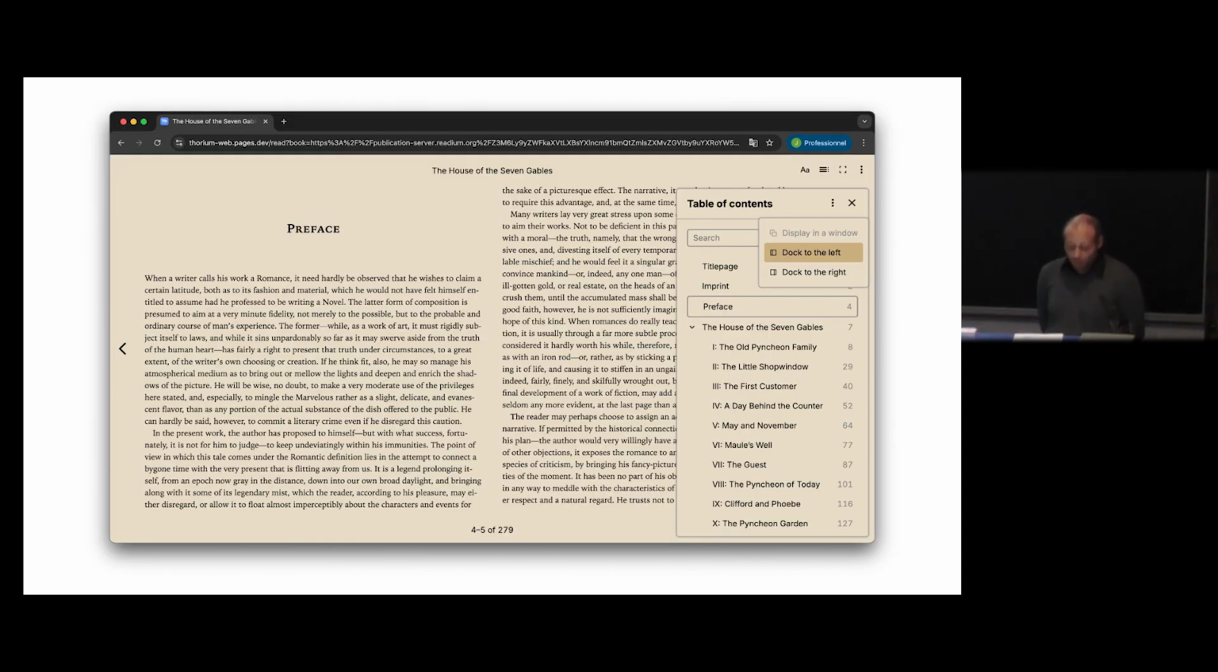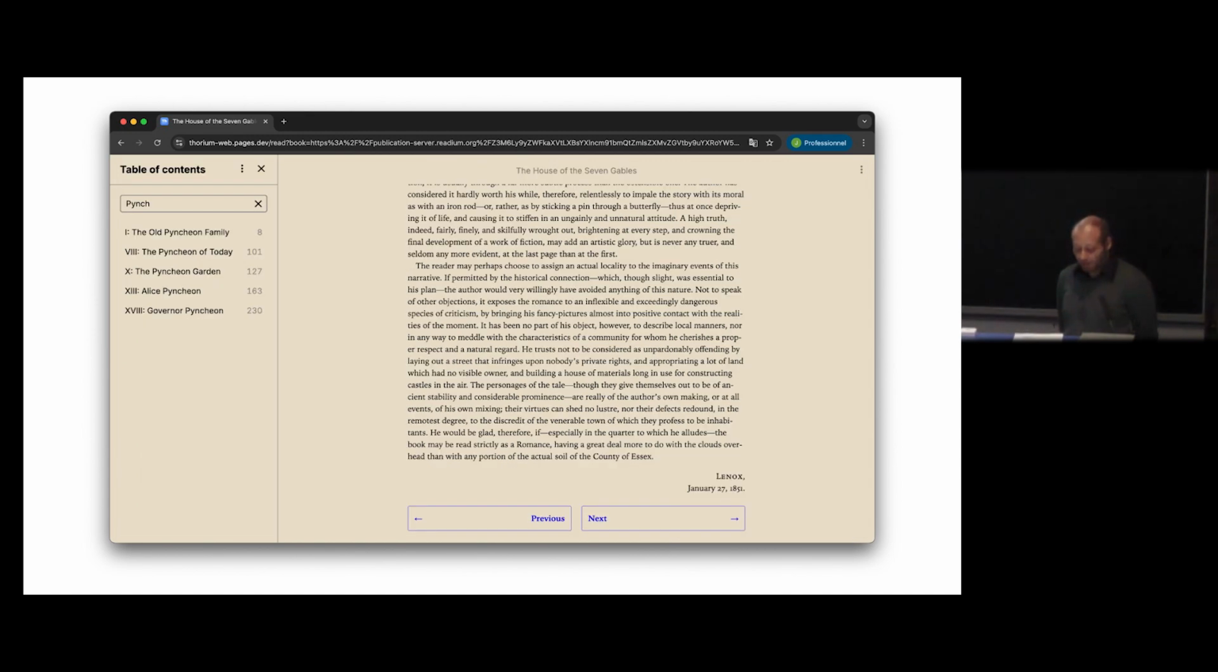You can also dock these actions, or make these actions dockable. We took inspiration from Thorium Desktop on this. So here, for example, we have the table of contents that we can dock to the left or to the right. And maybe you can start imagining what use cases will be possible with Thorium Web,